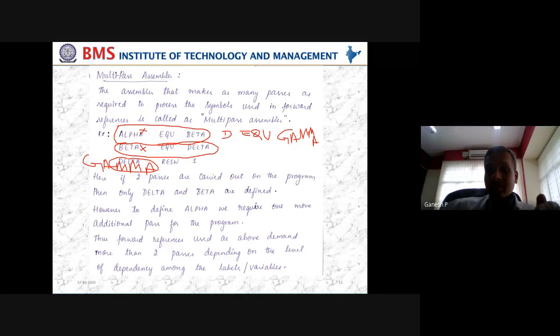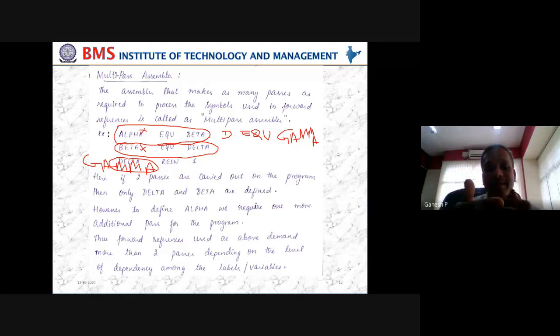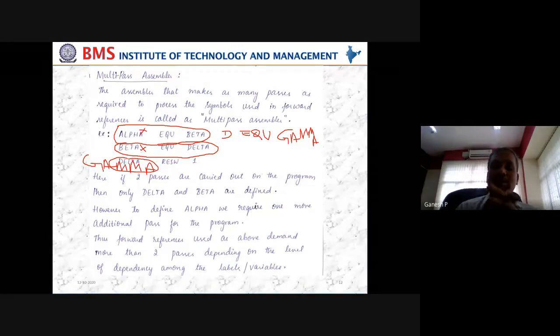Remember, these assemblers are design options, not mandatory. The mandatory option is a 2-pass assembler, which can solve 90% of the problems. But in extreme cases, you may go for a 1-pass assembler, if you are dealing with research and development and very quick testing where you don't want to waste time. We are just giving an idea of why we need various pass assemblers.